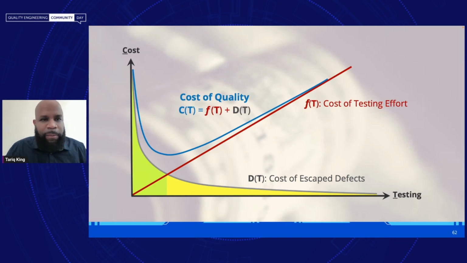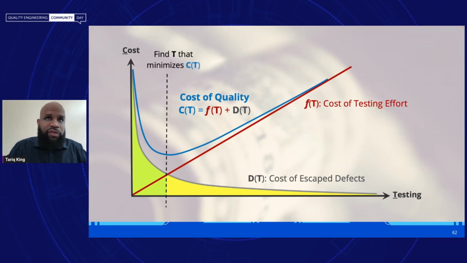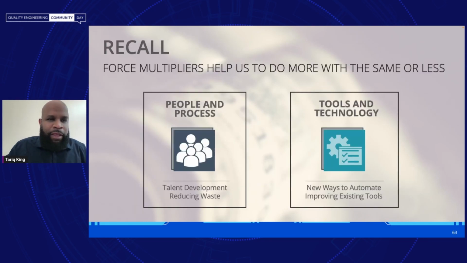And so what does this have to do with force multiplication? Well, this looks like a very theoretical exercise. But the whole idea here is that when we start thinking about how we optimize this curve, the lowest point, where you have the lowest total cost, is where you want to be. These force multipliers, they're helping us to do more with the same or less, right? So whether that be people and process, or tools and technology,